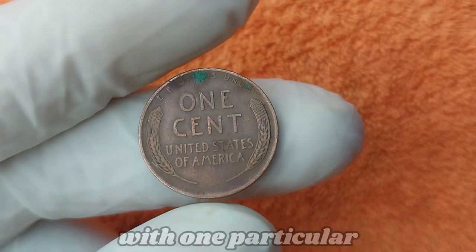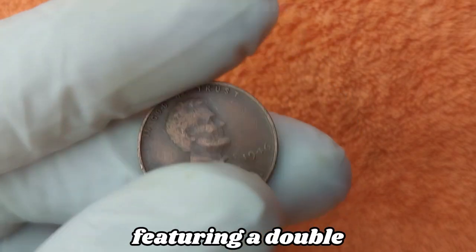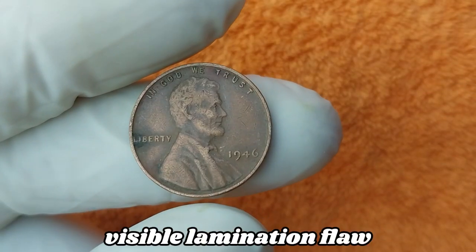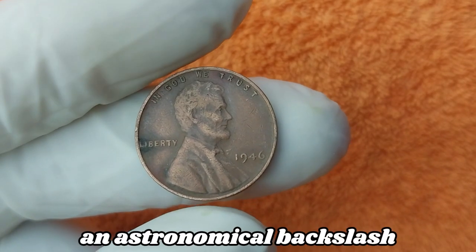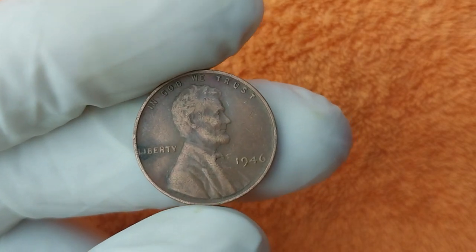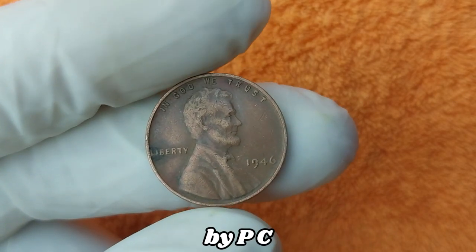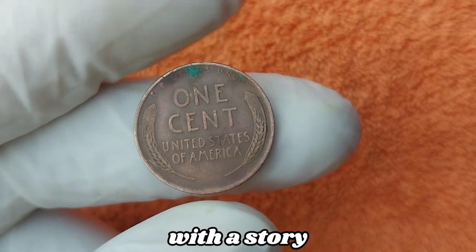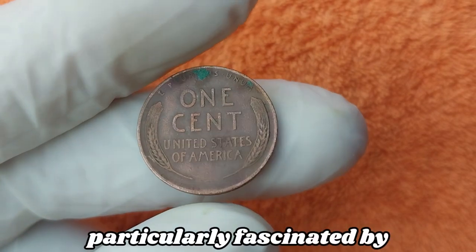with one particular specimen of the 1946 penny, featuring a double die obverse struck on a steel planchet, and with a visible lamination flaw on Lincoln's face, setting the world record by selling for an astronomical $62.1 million due to its absolute rarity, perfect provenance, and flawless condition graded MS-68 by PCGS, making it not only a rare coin but a historical artifact with a story that echoes through American history,